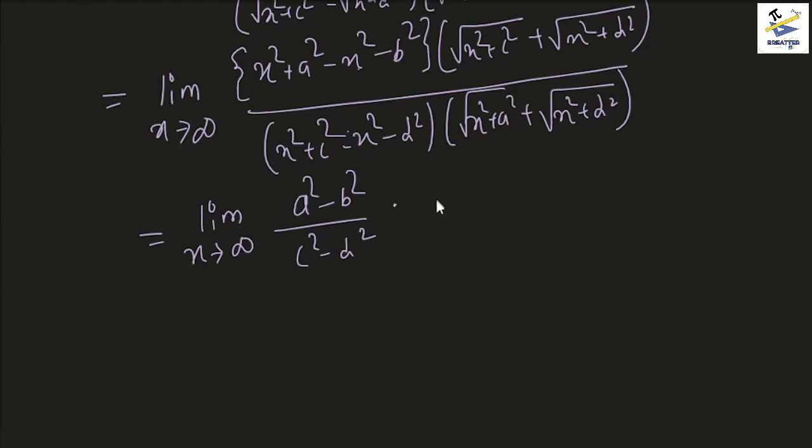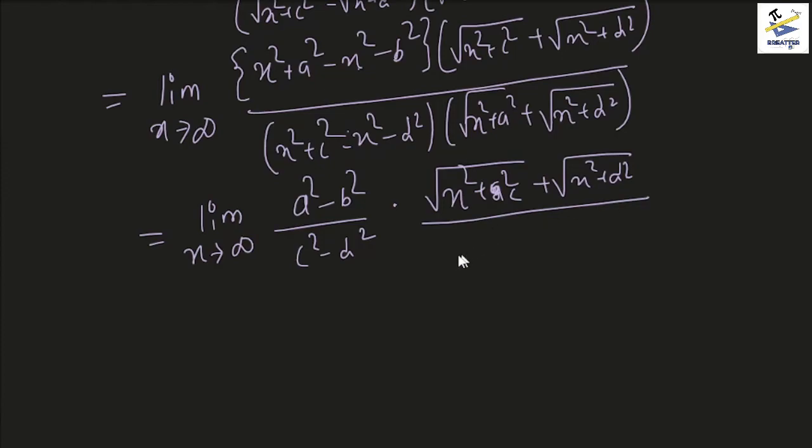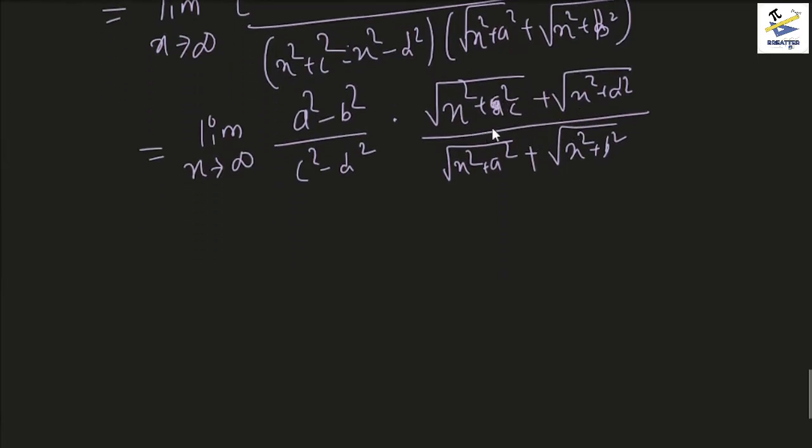multiplied by root over x square plus c square plus square root of x square plus d square, actually it would be c square, divided by root over of x square plus a square plus root over of x square plus b square. Right? Now we divide up and down by x to get something. So firstly we can take the constant out, and then we can divide up and down by x to get the following: